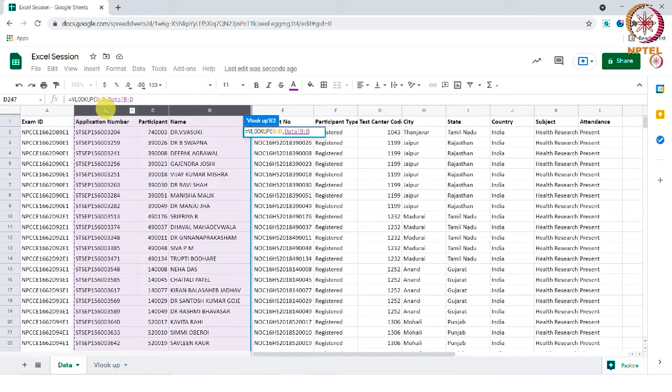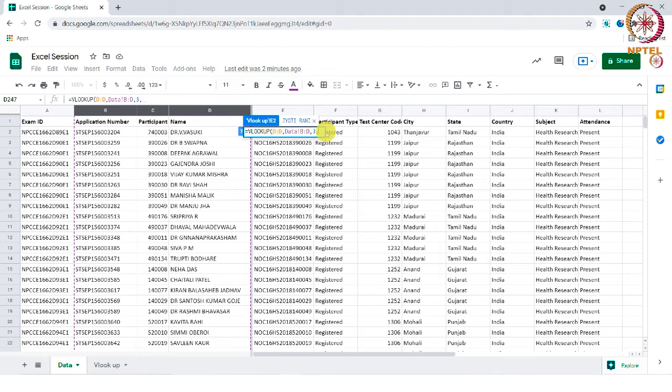Followed by comma. From the lookup column, the names column is located in the third column, that is 1, 2 and 3. So enter 3 again and put a comma. Now, we need the exact match for the lookup value.